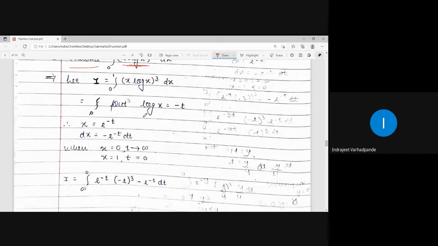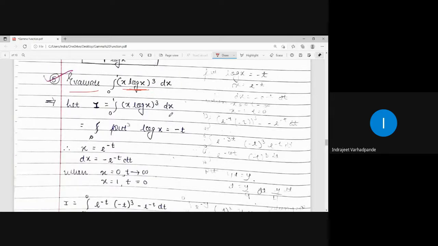Put log x is equal to t will not help here. We have to intentionally take it as put log x is equal to minus t, because when you take exponential it will turn out to be a term with a negative power or negative index. So in the initial question it was minus log x, so I switched over to the substitution as only t. Here purposely I will have to take it as minus t.